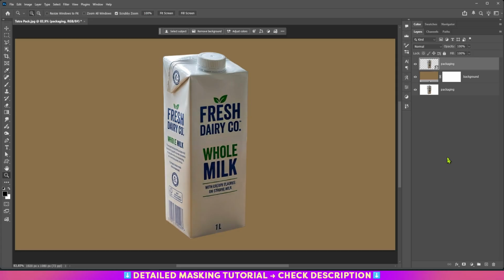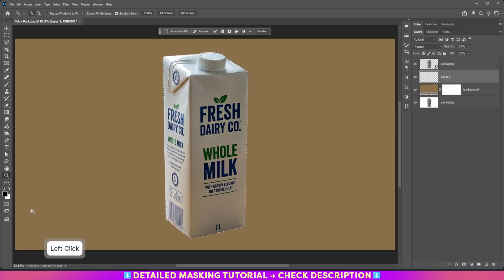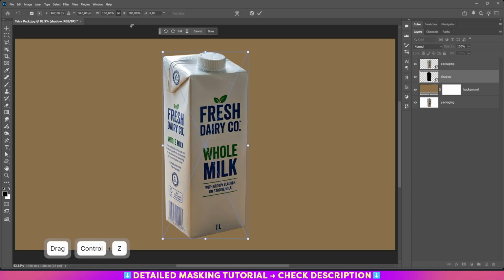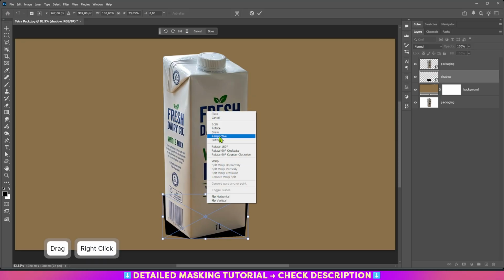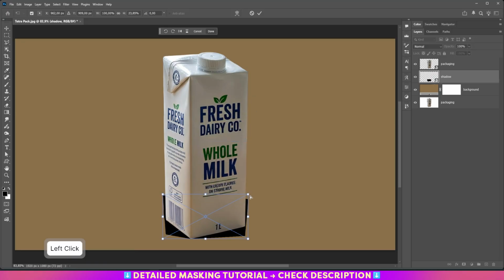For the shadow, I Ctrl click the thumbnail of the packaging layer and I make a new layer. I fill with black. Ctrl D to deselect and I name it shadow. Convert to smart object and then Ctrl T, unlock first, Ctrl T, distort,